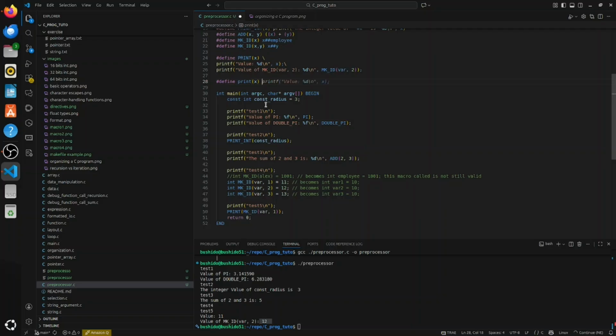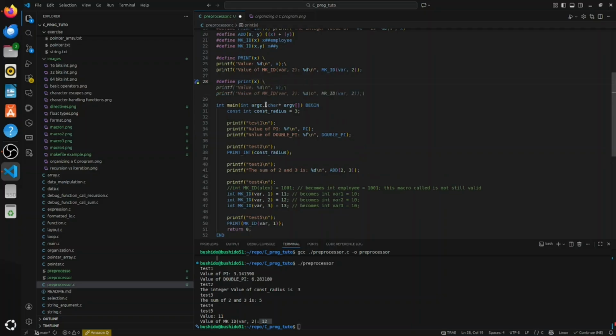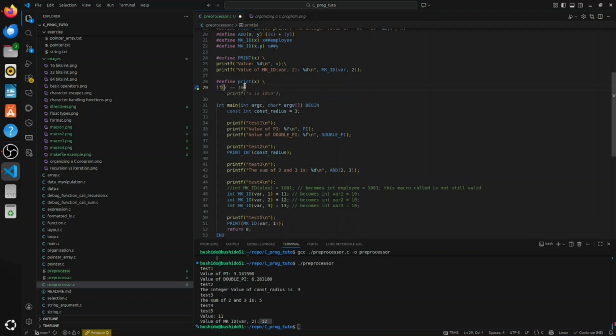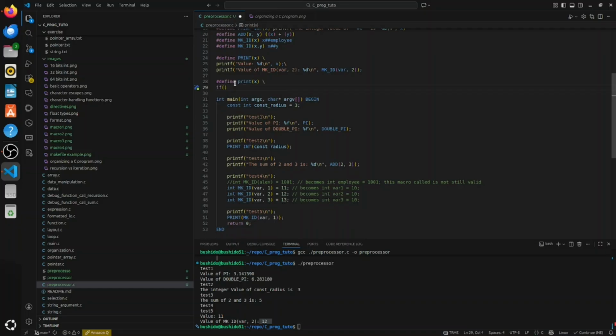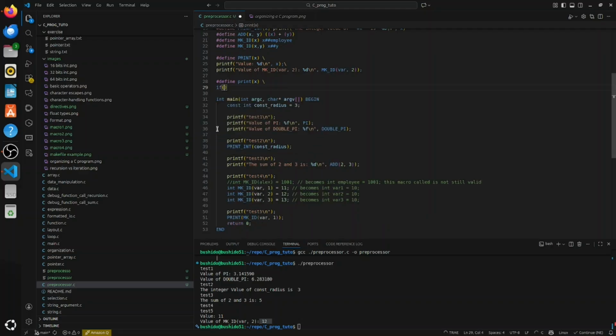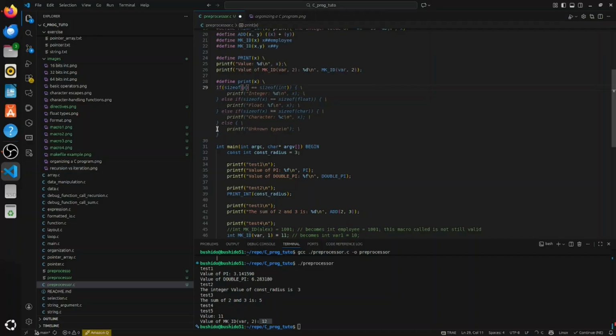So I go to the line with a backslash. I do if. When you define your macro, you can code normally, like you code in C. So I say if int size, I want to verify if it's an integer, so size of x equal